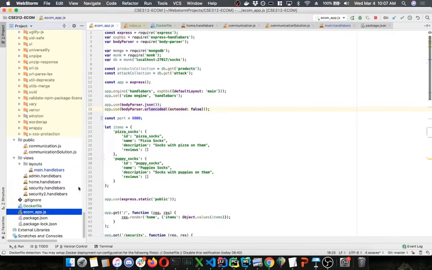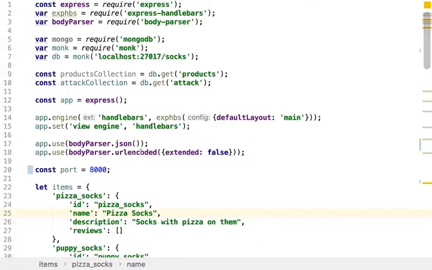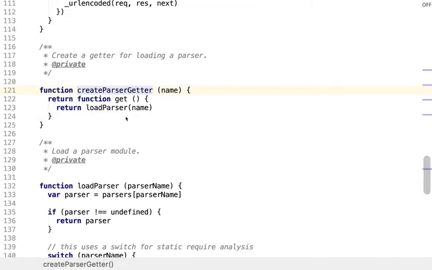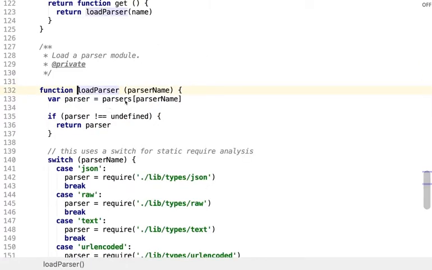So let's go back to our code. I'll go back into presentation mode. This body parser, urlencoded, extended false. So let's go to the urlencoded method. That's going to get a parser with the key urlencoded. getParser just calls loadParser. loadParser